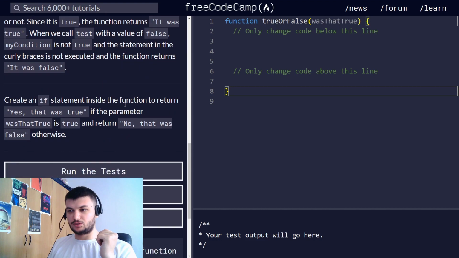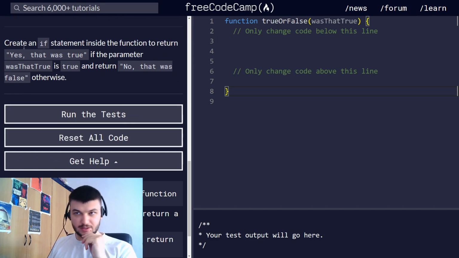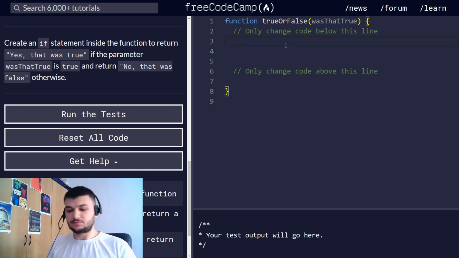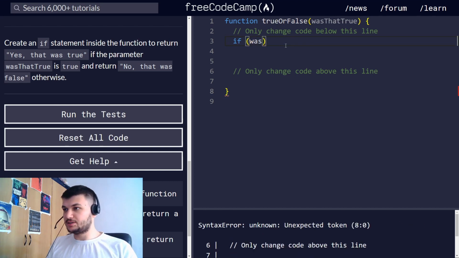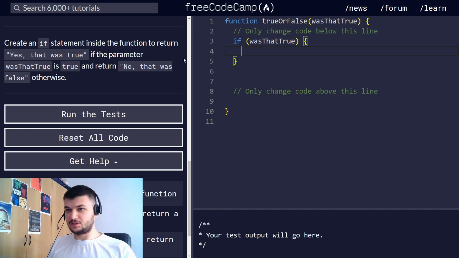Okay, so this exercise asks us to create an if statement inside the function to return "yes, that was true" if the parameter is true, and return "no, that was false" otherwise. So we're going to use the if conditional, and inside the parentheses we want this variable, so this will contain true or false. If this is true, then this entire boolean expression is true. So if this is true, then we want to return